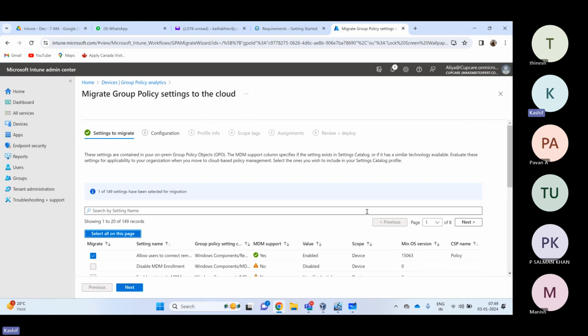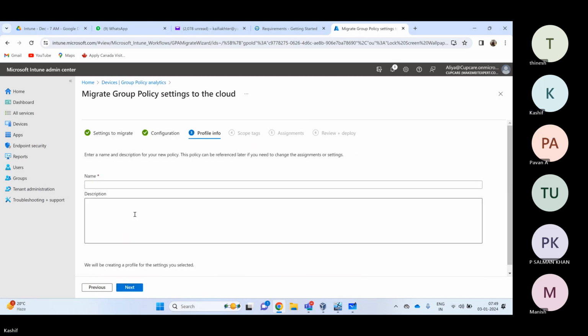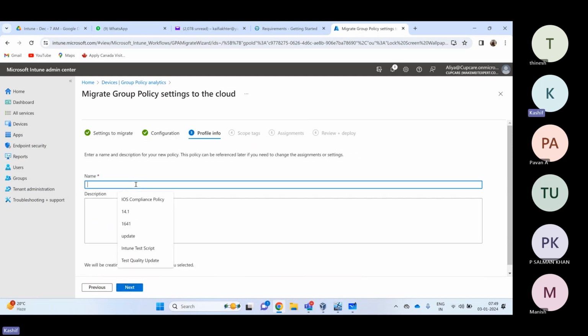So you need to go to the next page and then select all on this page, next page, like this. Next, next, and group policy from Intune. Okay, next,